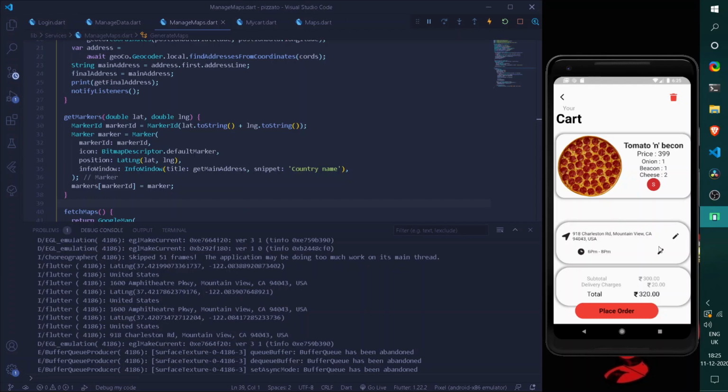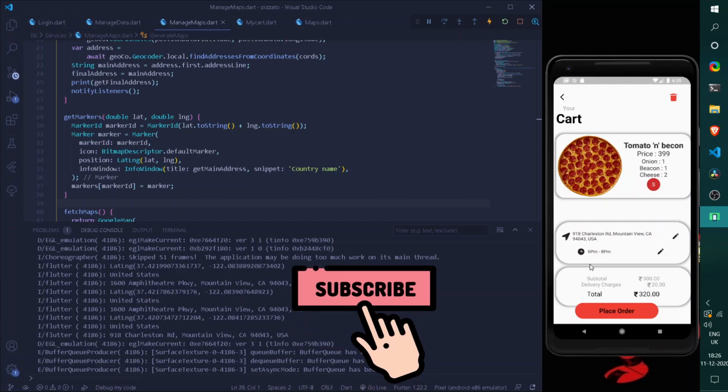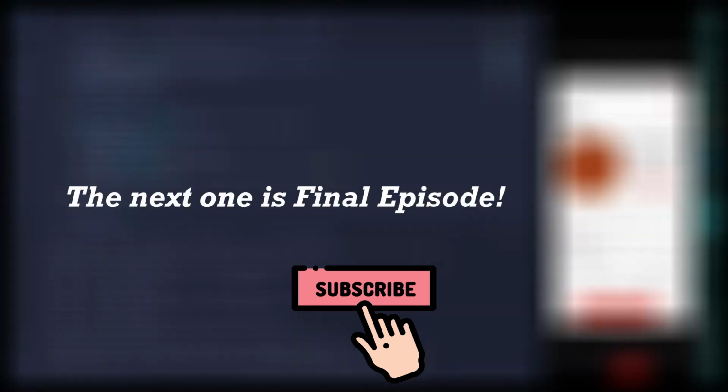Also we can save the timing of the user by simply adding a text field under a bottom sheet. Now this shall be homework for you for changing up the time. The quest is very simple. You simply need to add a modal sheet at the bottom. So with that said, we are now heading to the finale of our Pizzato, that is simply adding a payment gateway, which will be our final episode, which will be our next one.